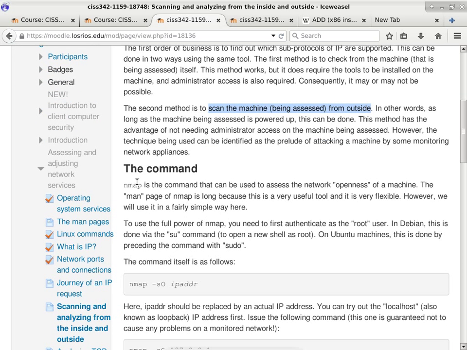So one command that is really useful for accessing the machine from the inside is called, nope, this is from the outside, sorry. I take it back. This is from the outside, it's Nmap. Now Nmap, if you look it up, there's tons of material related to it because this is the port scanner in industry. White hats, people who work in the computer security field, would know about it. They use it very often. Black hats also use it very often because it's just an awesome tool for port scanning.